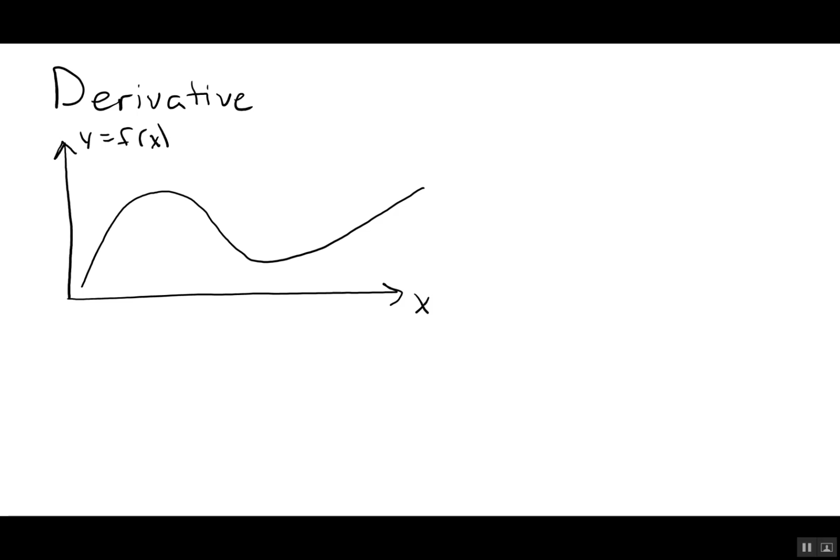So to motivate what's going on here, I drew a nice smooth function, looks like a polynomial, y as a function of x. So let's say you want to find the slope of this function at the red dot, the point I labeled x equals a. Well, the mathematical definition of the slope is rise over run, or another way of saying that is change in y over change in x. So to estimate the slope of this function at that red point, we actually need to know the value of this function at 2 points,